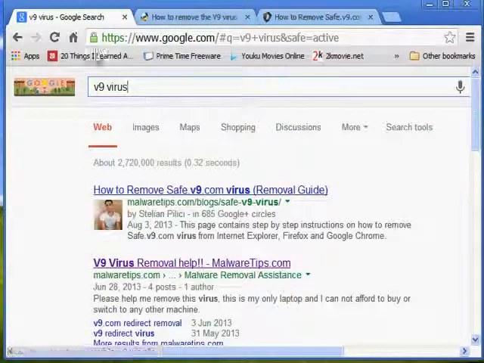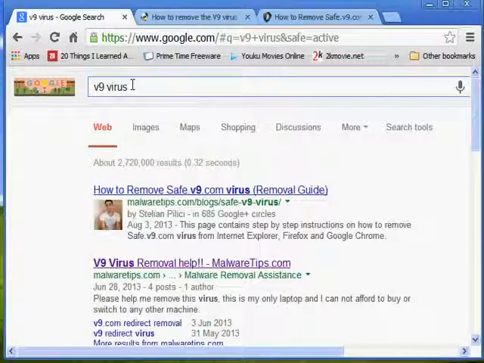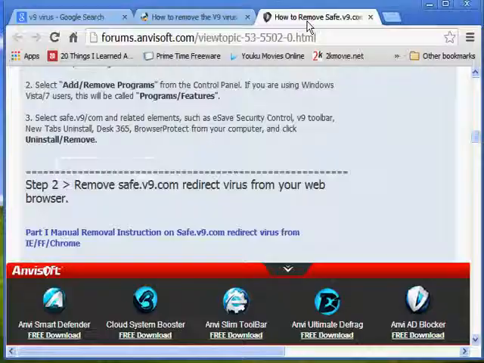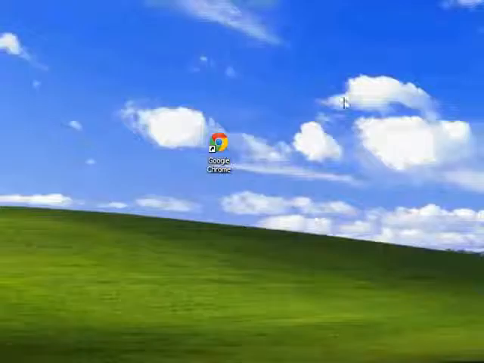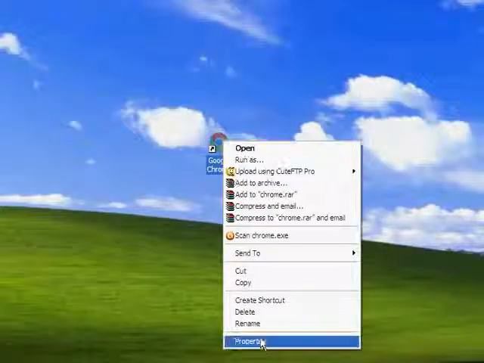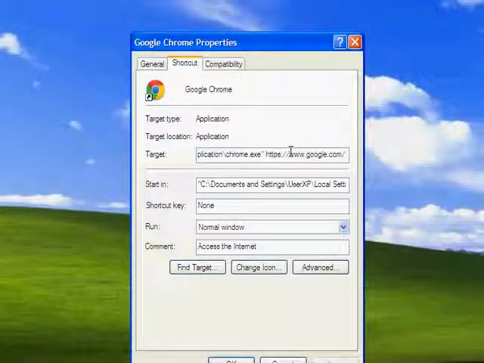And one more thing, I suppose this will be the case for other browsers too, Internet Explorer or Mozilla Firefox. For all of them there will be an exe file, and after the exe file in the target area, if there is something else given, that will be the argument. So if you don't want the argument to be executed, delete that argument and only use the target.